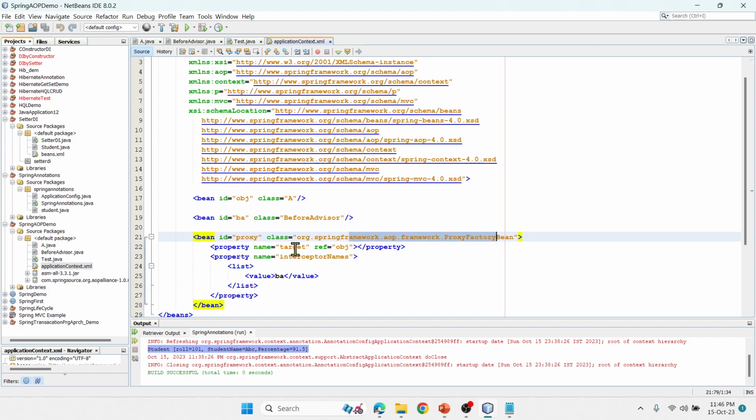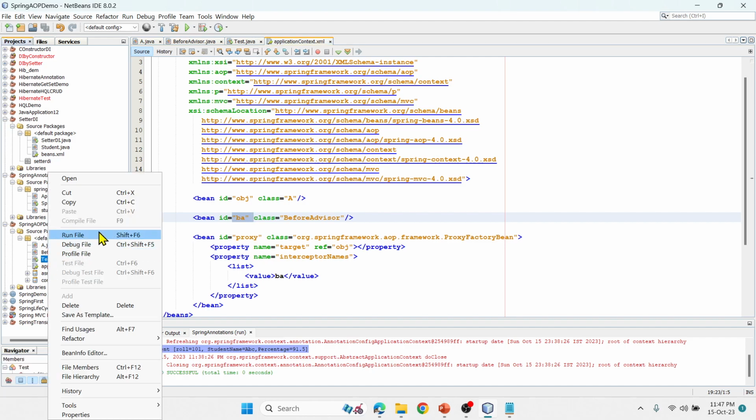I'm saying this is my target: property name equal to target, and the reference is obj. So my target is where I want to print my business logic. Then property name is equal to interceptorNames, and inside that the value is BA, that means this advice will get intercepted into this. Now if I run the program,